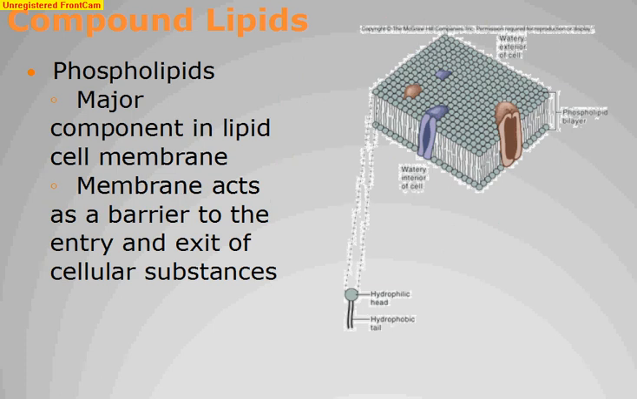Phospholipids, again, make up the cell membrane. The cell membrane acts as a barrier. It controls everything that comes in and out of the cell. So extremely important in most cellular activities. And even within the cell, if we're talking about eukaryotic cells with membrane-bound organelles, the mitochondria, the chloroplast also feature